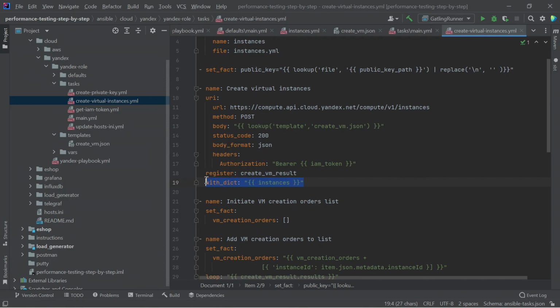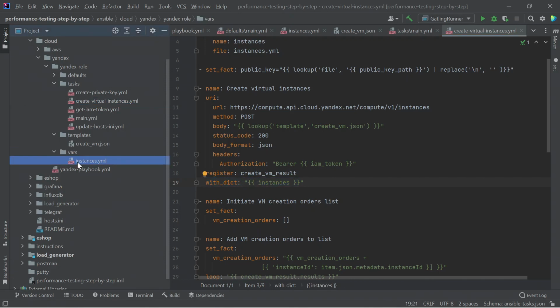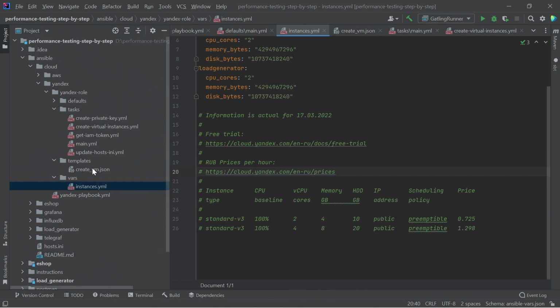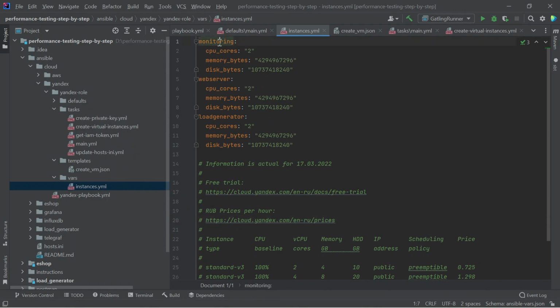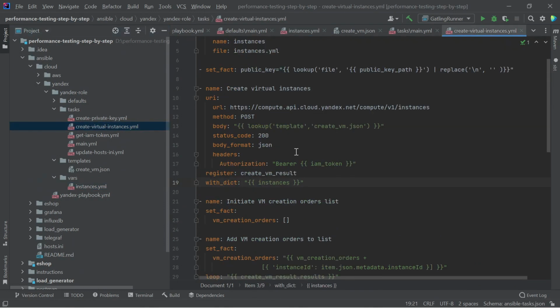Next, we run in a loop for each instance in the instances file. First it is the monitoring instance, then the web server, then the load generator. So the variables that are specified for the instance of virtual machines will be set into the body of the create VM template.